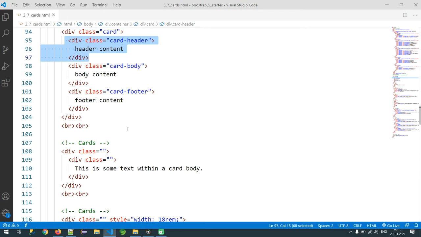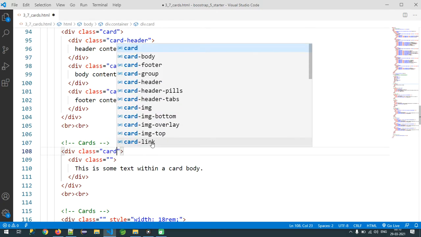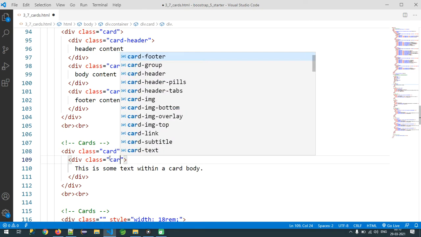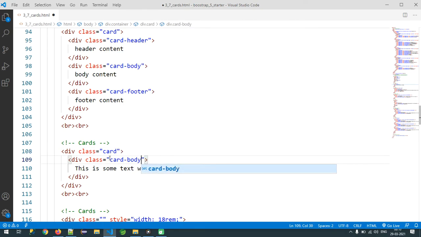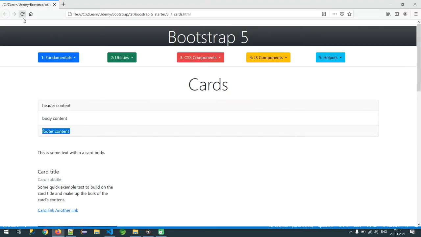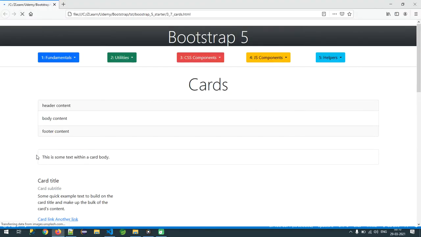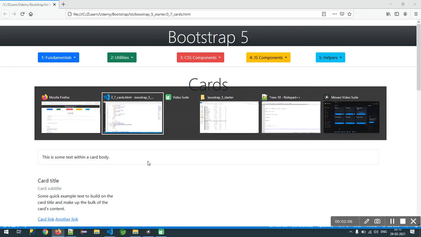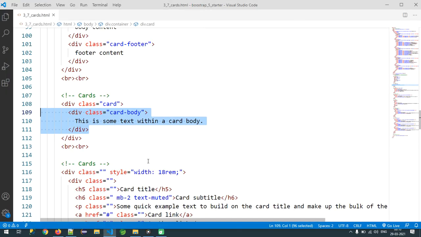There is no required content, but most of the time we will have the body section, and here I'm going to configure card-body. Now you can observe that in this scenario I am not having any header and footer, and this is totally okay. So let me refresh. Now you can have a good border as well as padding, all the default styling automatically applied.